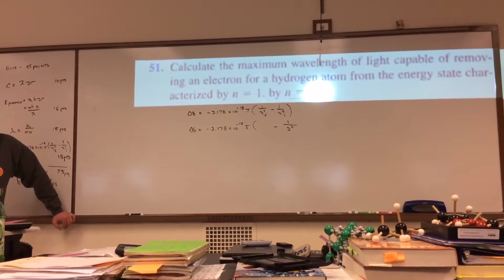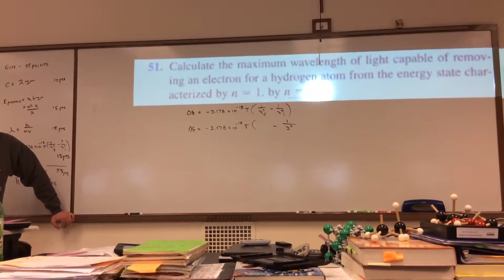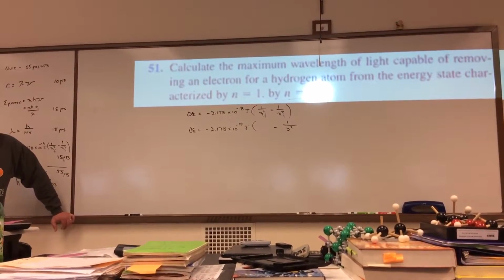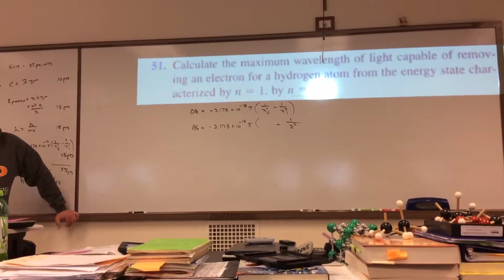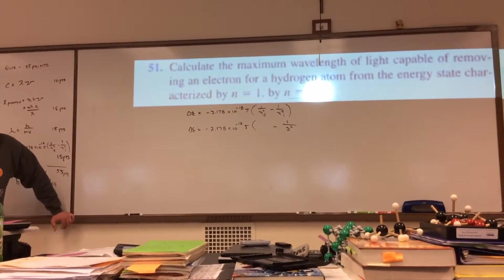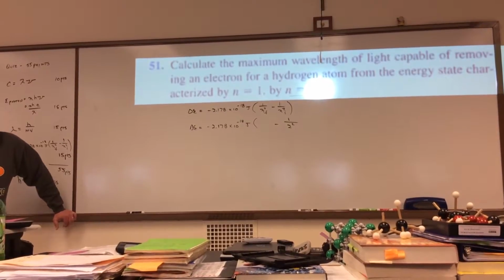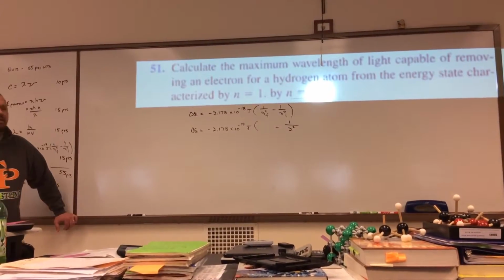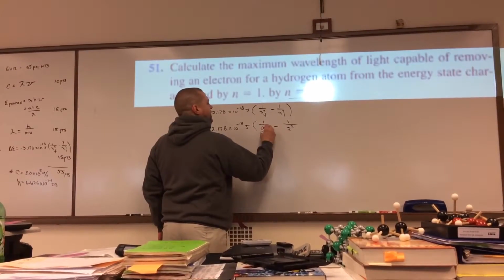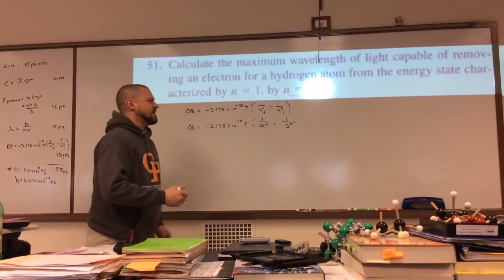So if I hit it with energy, it's going to get boosted to a higher energy level, right? I want to know how much energy it's going to take to remove the electron. So it's not going to go to 1, it's not going to go to 2, 3, 4, 5, 6, 7, 8, 9, 10, or 11, or 100. It's going to go to infinity. So this is going to be 1 over infinity squared, which is kind of silly to say